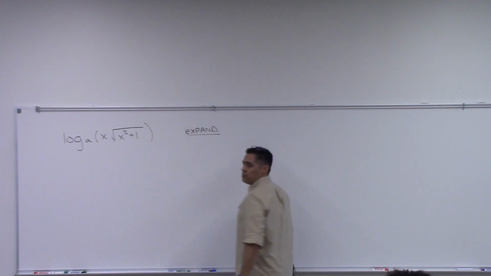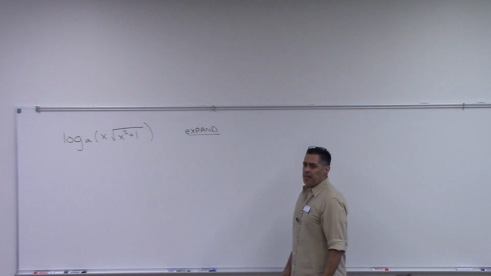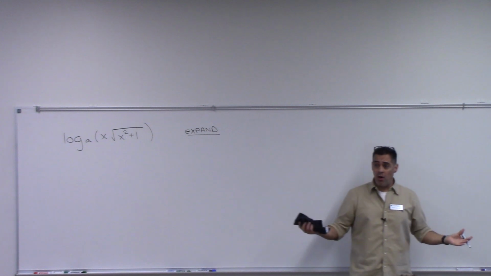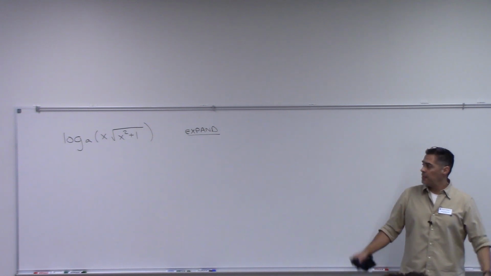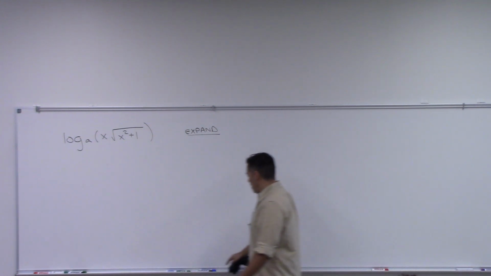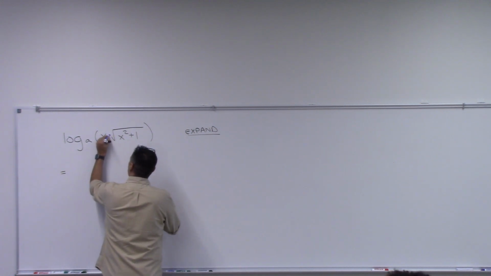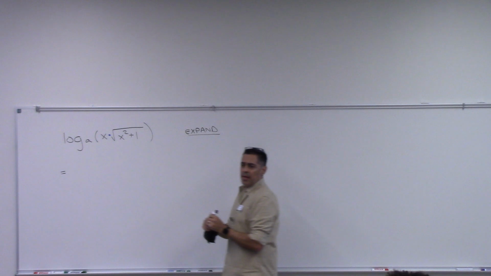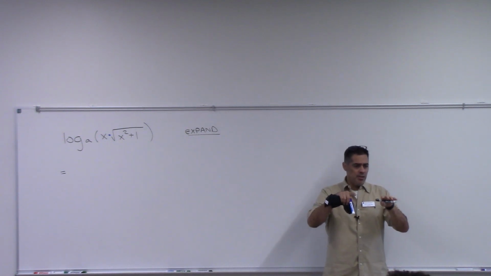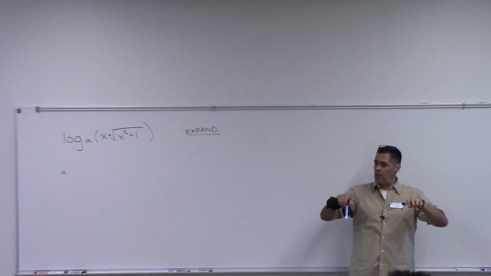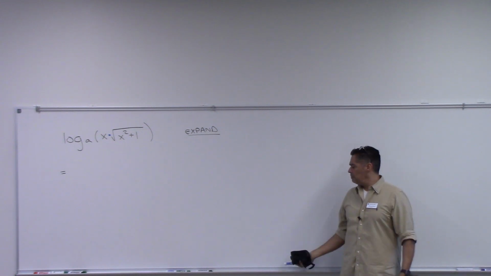Expand. Those are the instructions. So what this means is that we want to make this one log turn into a bunch of logs, all right? So the first thing that I see here is that I have multiplication right there, right? Between two things. Multiplication, I have a single log and I have multiplication inside, right? Between the x and the square root, right? So I'm going to use property